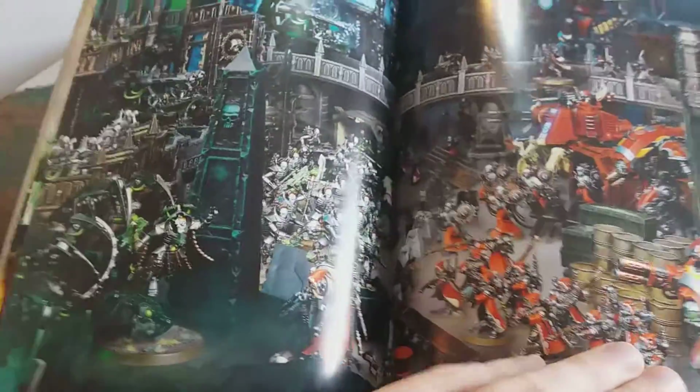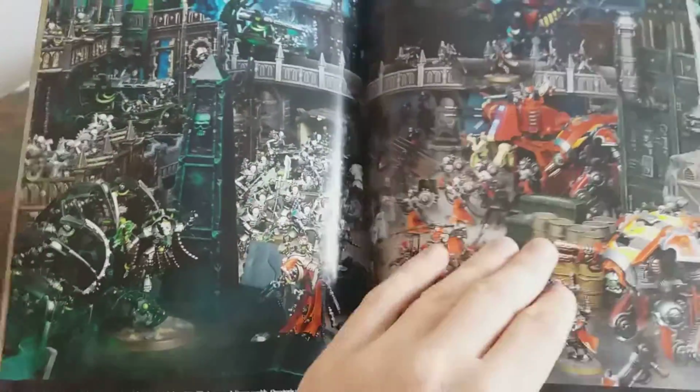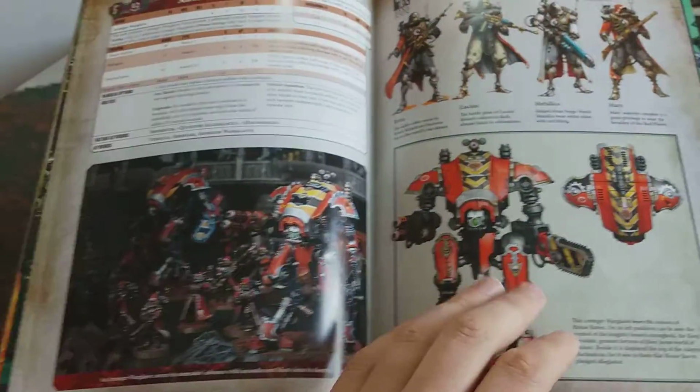And then we've got some missions, as they were, that you can play through. Artwork in here is beautiful as always. Well, artwork, sorry, the pictures of the armies. And you've got some points, different